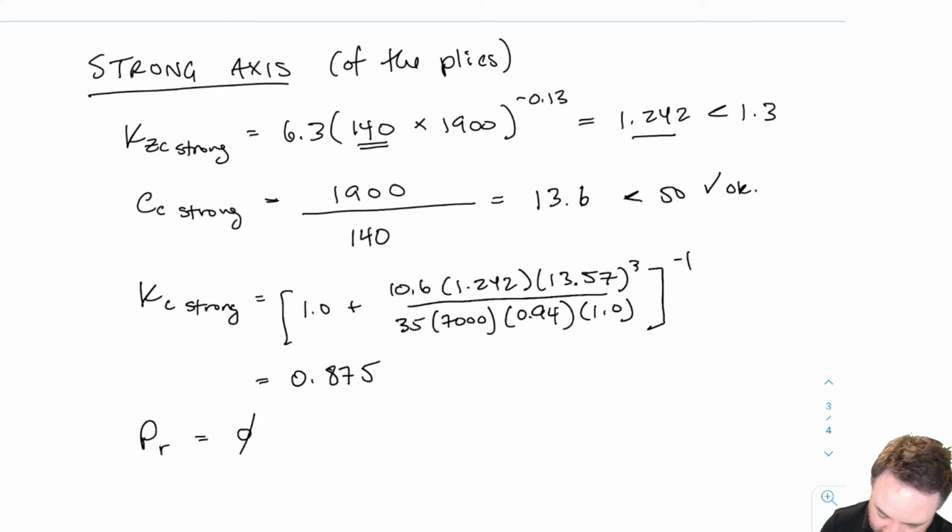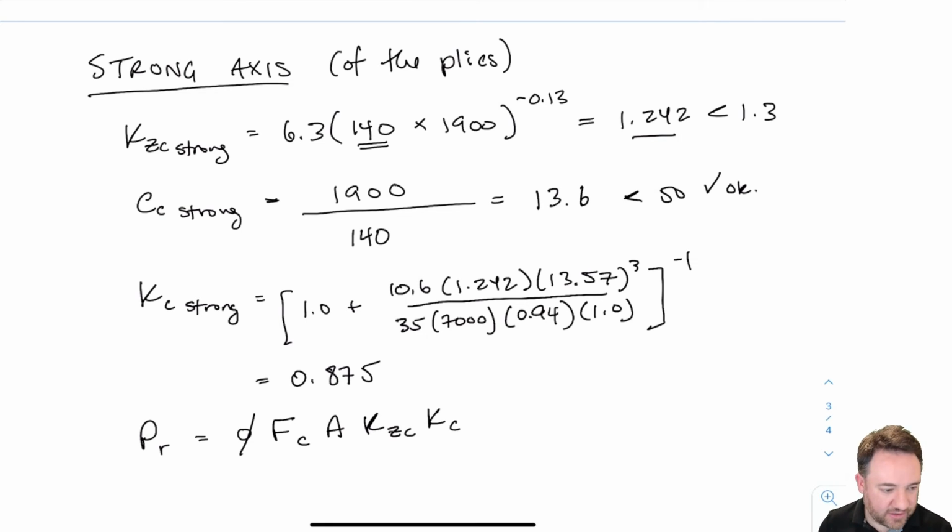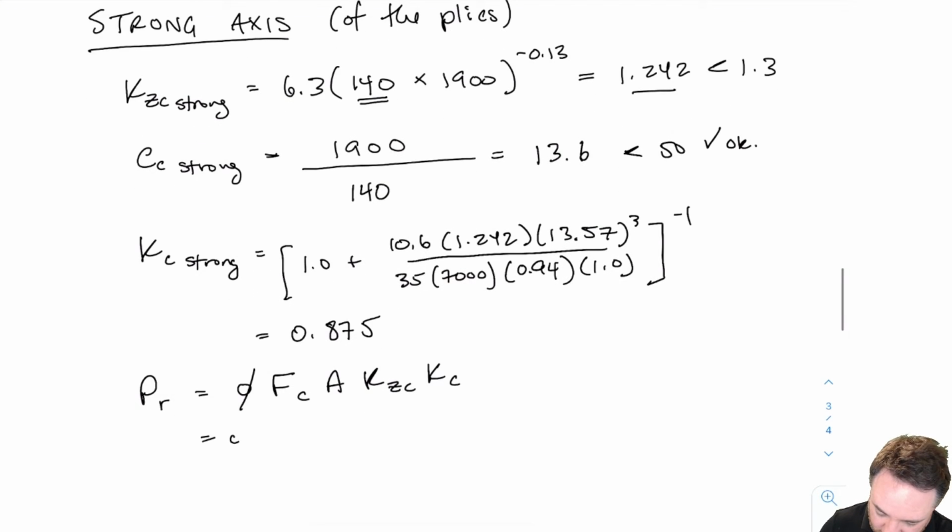this time phi FC A, then times the KZC, our size effect factor, and our KC, which is our slenderness factor. This time we do not put the 75% reduction because we're talking about strong axis bending, and the quality of how well the members are held together in the strong axis is not affected by the bolting. So basically we don't have any reduction for the strong axis, which we saw before when we learned about this at the beginning. So if I sub all these in, I get 0.8,